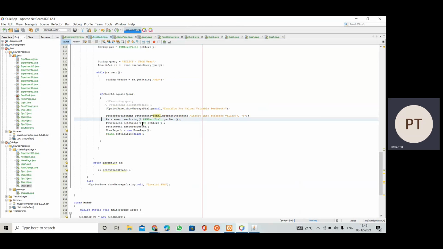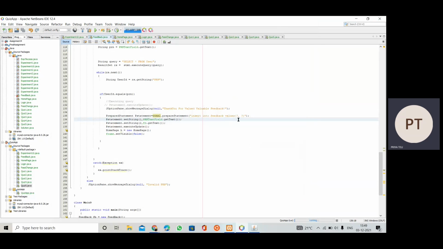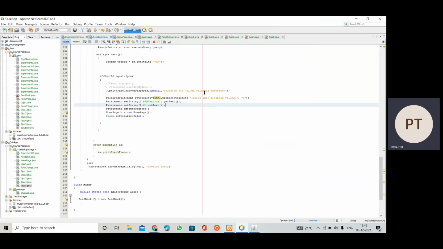We write the sequence numbers, that is 1, 2. So pStatement.setString(1, prnTextField.getText()). It means the value fetched from this text field, the PRN text field for user ID, will be inserted in the first parameter, at the first question mark, and the second value inserted will be the feedback itself. We have given the sequence in that way, and in that sequence only it will be inserted into our table. Then we